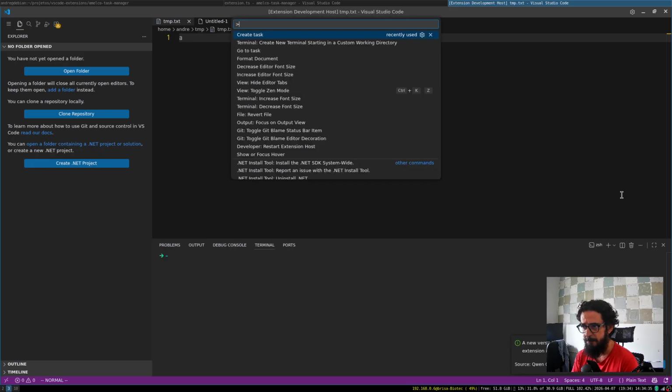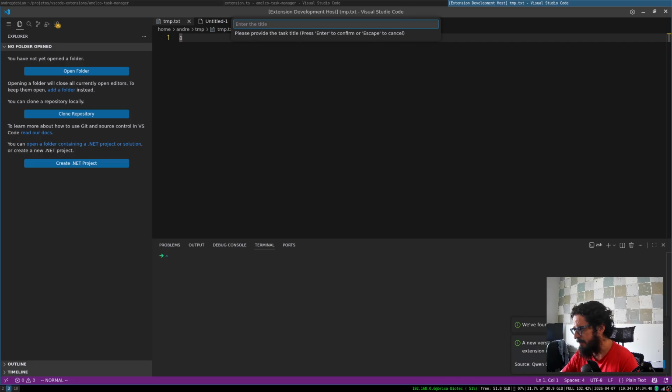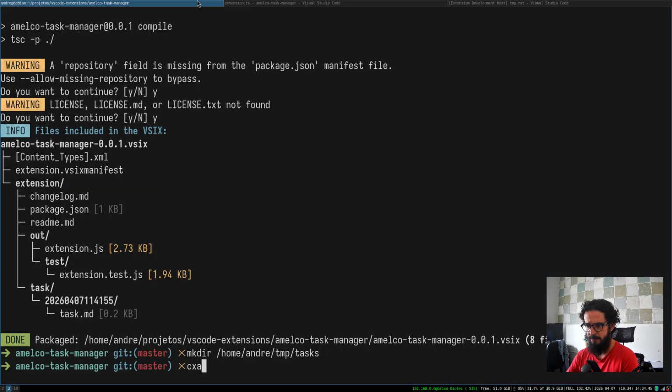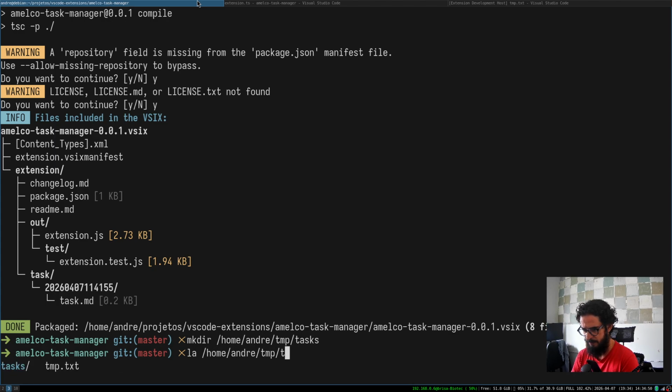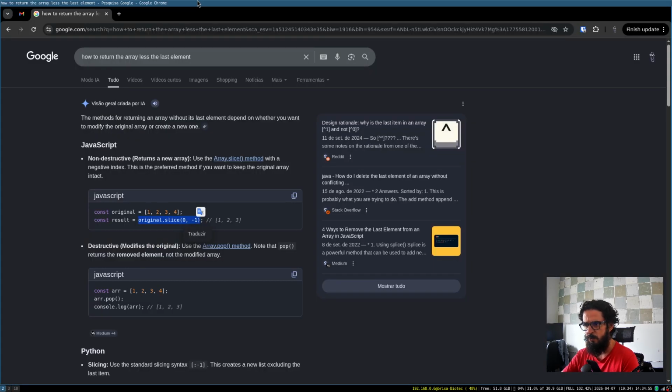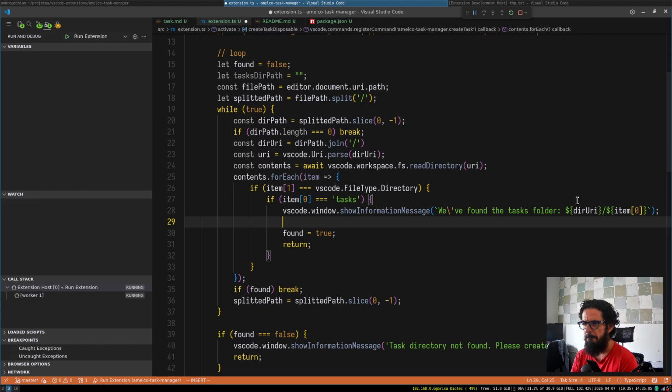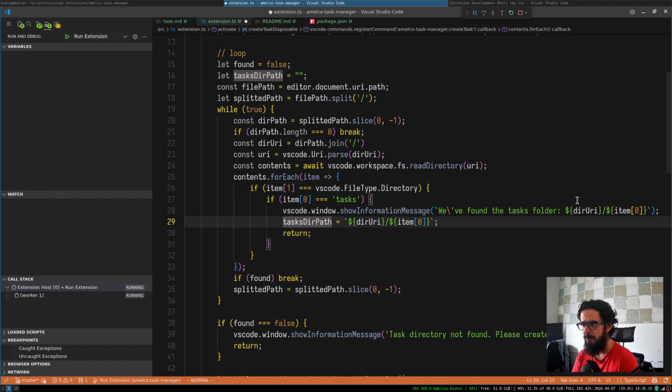So let's test it again. TMP tasks, that's all right. Yeah, it's exactly this, right? Home, Andrea, TMP tasks. Yes, that's it. So this will be our tasks dir path. It will be exactly this thing in here, like so,